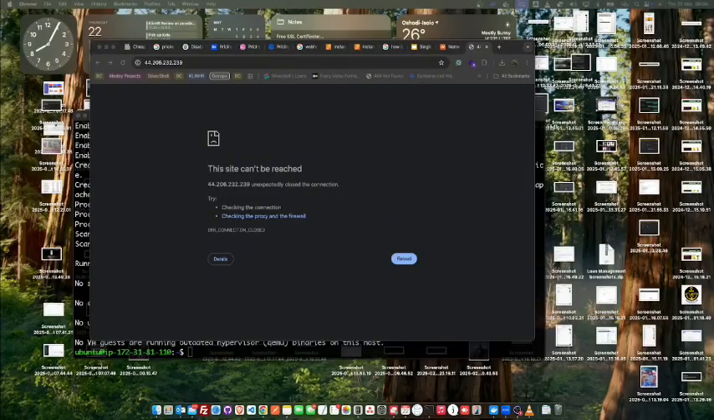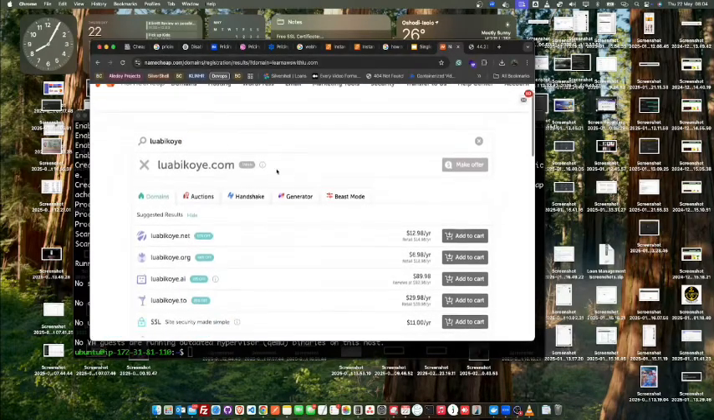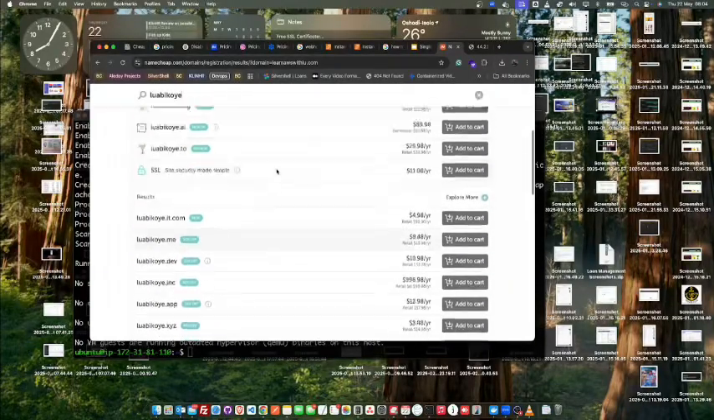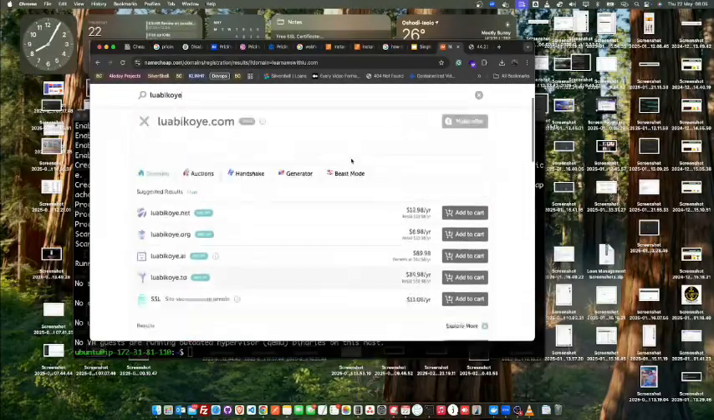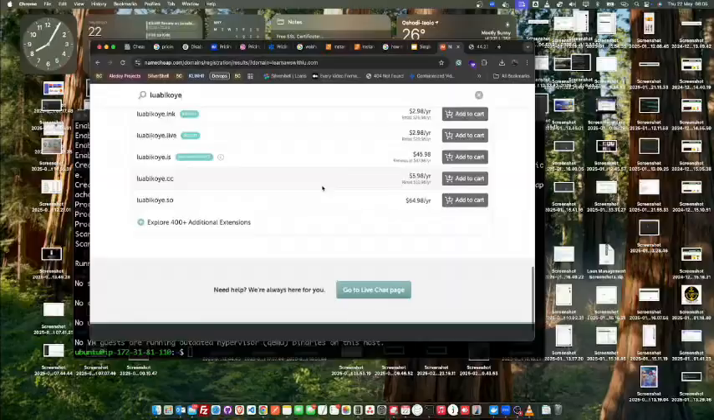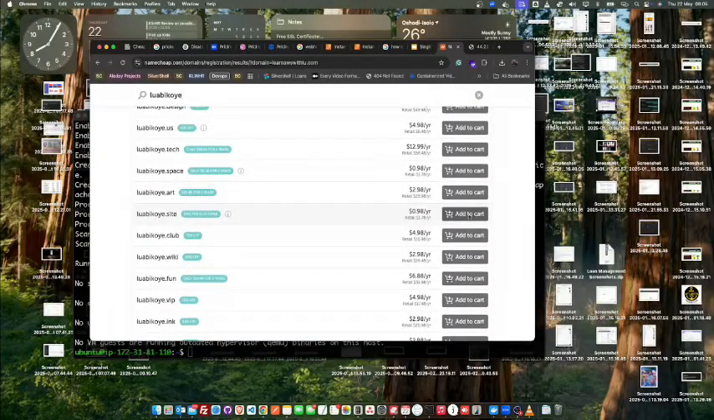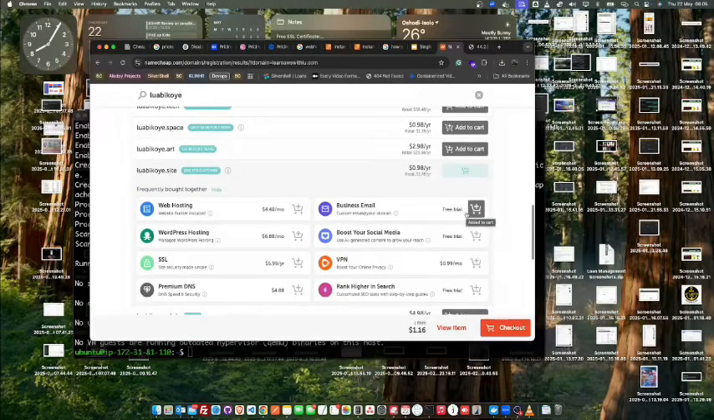Alright, this is not working because the SSL certificate hasn't been installed. Now the next step is to get a domain available. So here we come to Namecheap. You choose your preferred domain name. In this case I'm saying luabikoe.site. I'm looking for the very cheapest domain name so that I can just run you through the purchase and